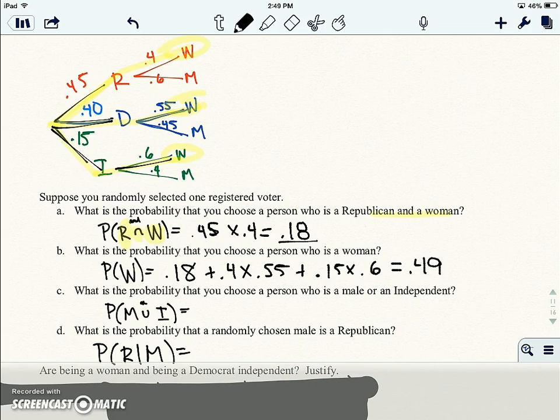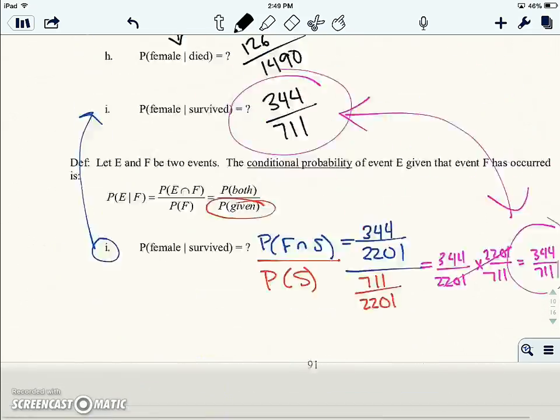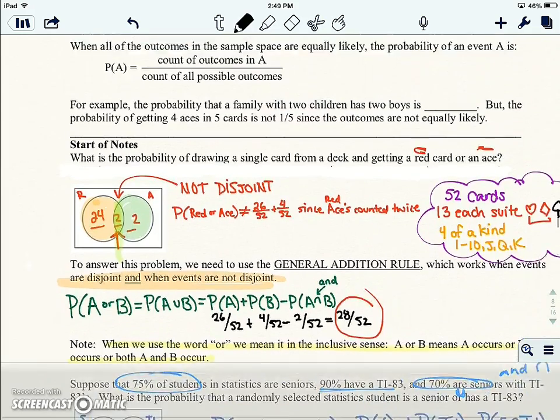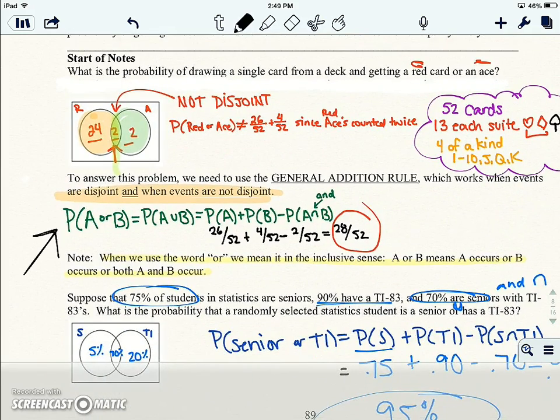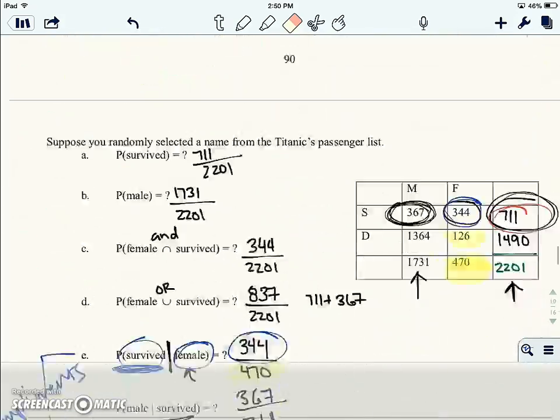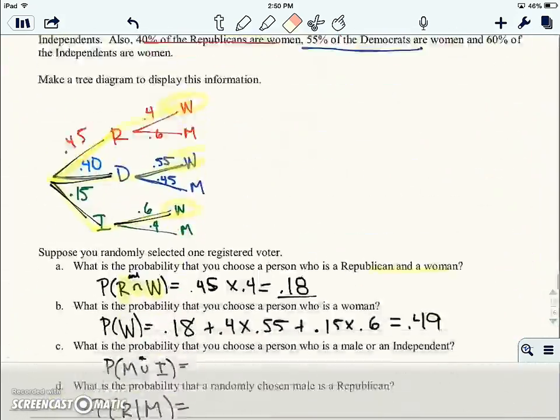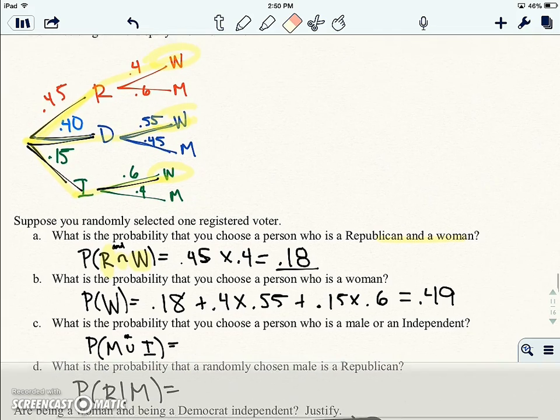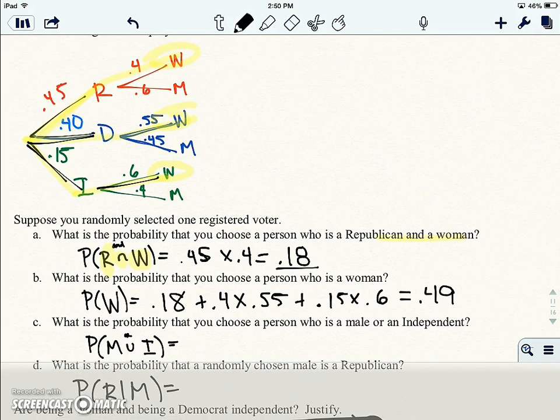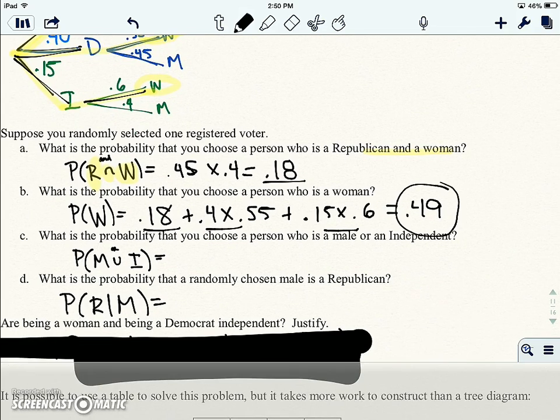Okay, it says, what is the probability that you choose a person who is male or an independent? Well, now we're doing the or, so we're actually going to go all the way back up here and use our or formula, where we're going to add the two separate probabilities and subtract the overlap. So let's do that. So probability of being a male, well, we can figure that out the same way we did before, which would be to add up all the little branches. But if we know the probability of being a woman is 49%, and the probability of being a male is its complement, so that's 51%,